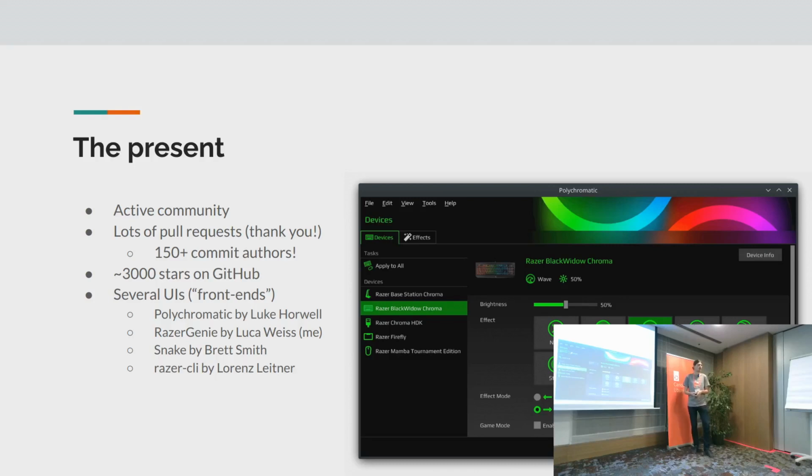We also have a Java-based one called Snake, made by Brett Smith, and we also have some other tools, including Razer CLI. We have a script for so-called extreme feedback, they call it. It's a tool that monitors the CI pipeline, and when it fails, it lights up all your devices in red or something like this. It's very configurable. It was created many years ago, and it's still maintained, so it's quite cool. I think it's called Chroma Feedback.